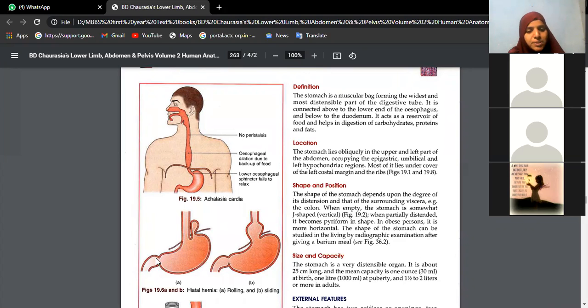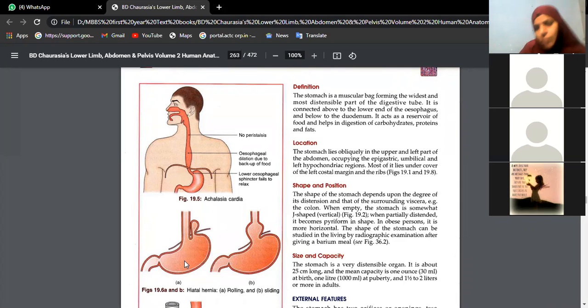This damage may also proceed into the first part of the duodenum, because the pyloric part is in continuation with the first part of duodenum. So if the ulcer is in the lesser curvature of stomach and the first part of duodenum together, you call it peptic ulcer. That is the difference, gastric ulcer, peptic ulcer. After this, you can talk about gastric cancers, gastric carcinoma.